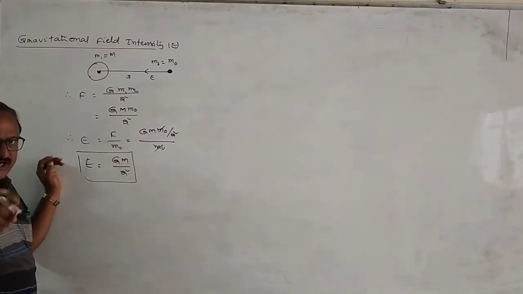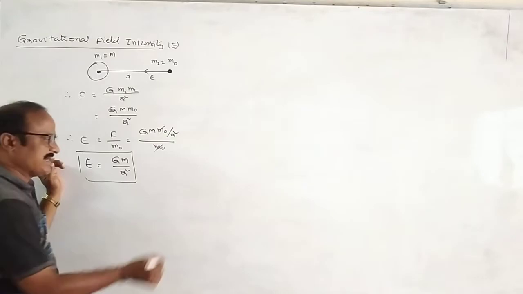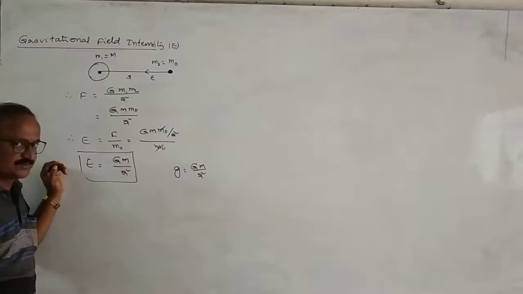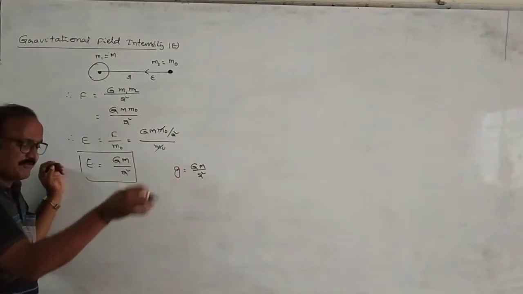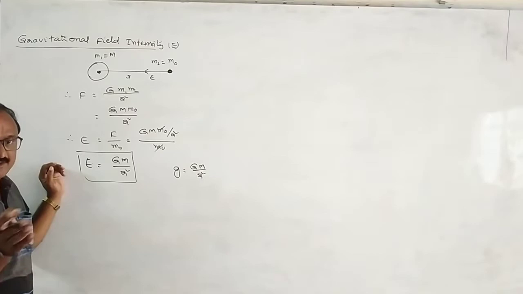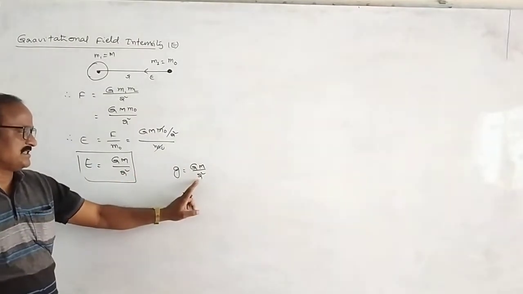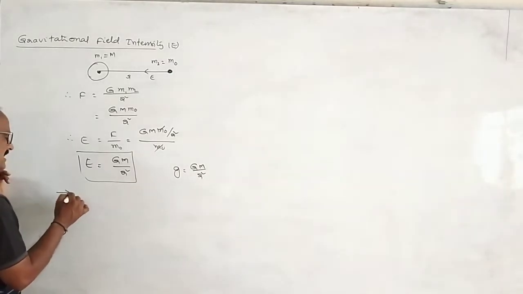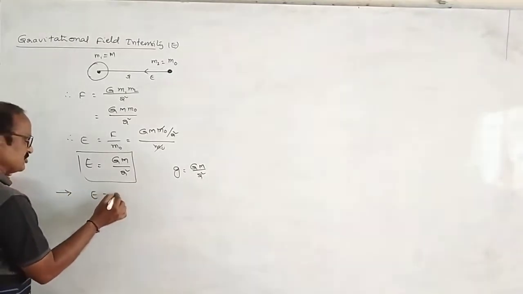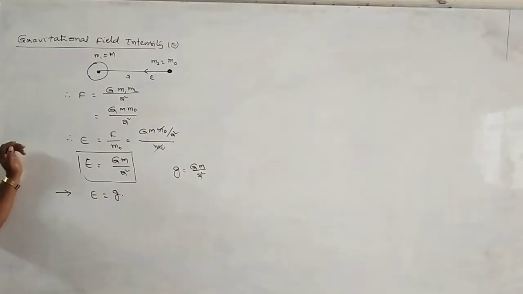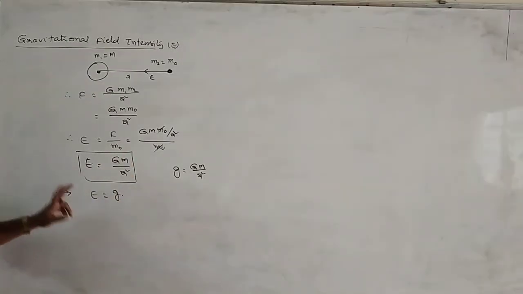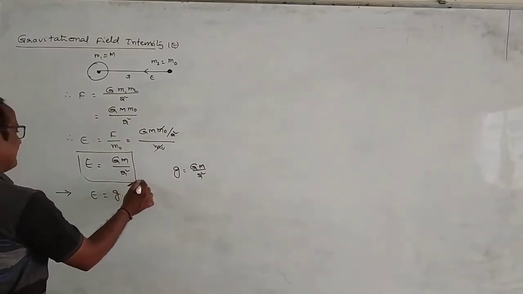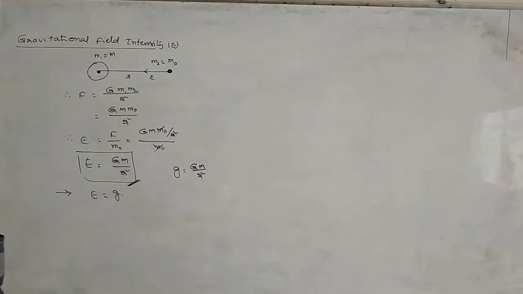You already know the relation between small g and capital G is given by small g is equal to GM by r square, where r is the distance of the point from the center of the earth. Suppose the body is on the surface of earth, small r is replaced by capital R. So on comparing these two, gravitational field intensity is numerically equal to acceleration due to gravity. Gravitational field intensity at any point is equivalent to acceleration due to gravity. So this is the concept about gravitational field intensity, right?